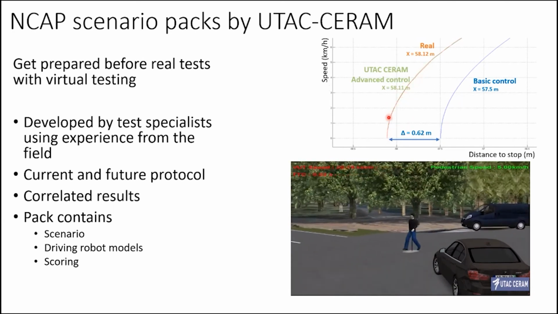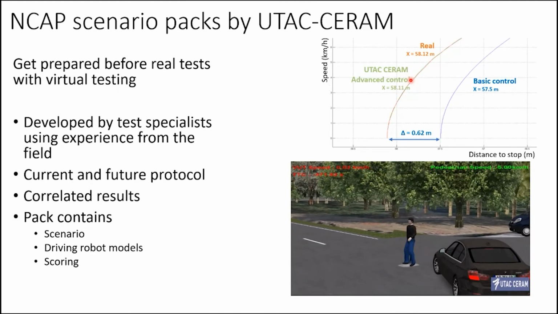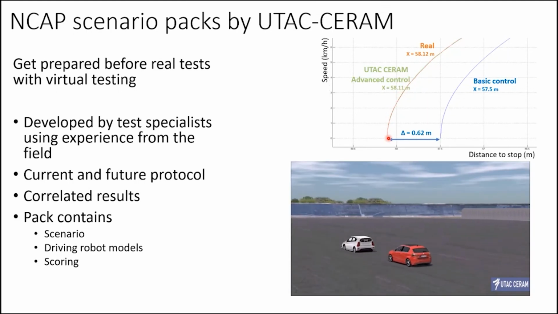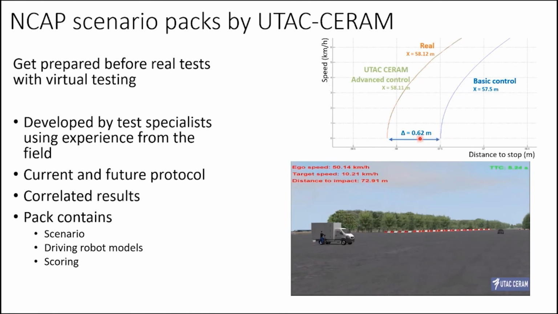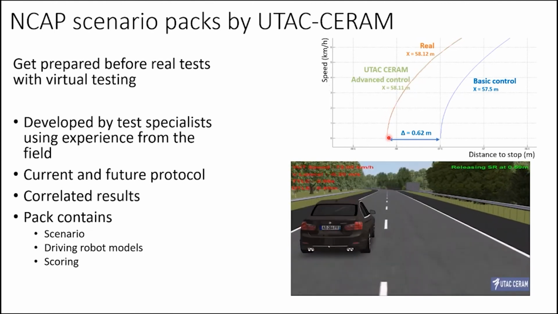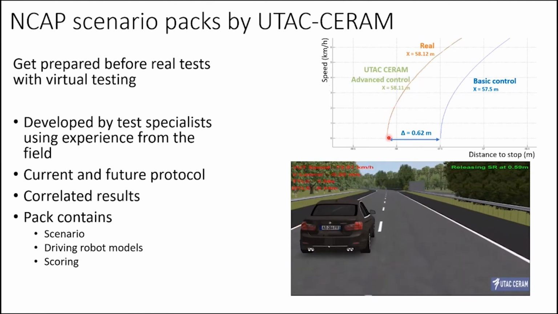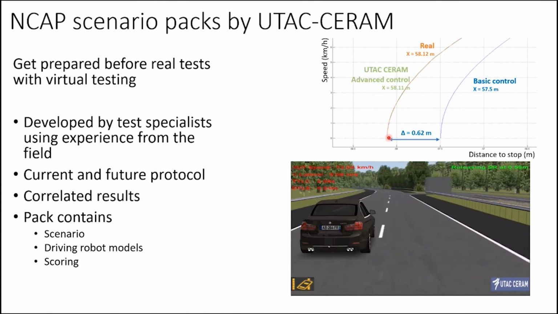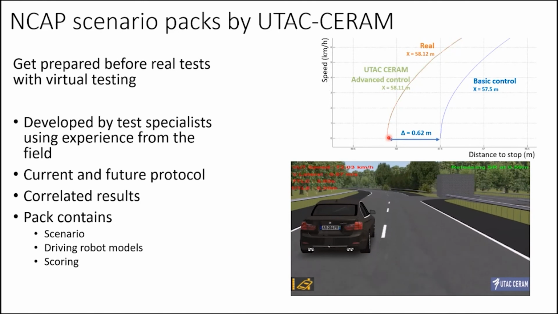So we have less than 1 centimeter of error, which is great. With basic control you have more than 60 centimeters, which is complicated because at 60 centimeters this guy here will be dead. So it's very important to have an accurate and representative environment for that. That's why we've been working with HiL, and we now offer scanner scenarios